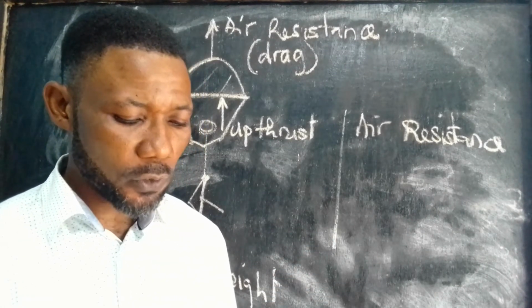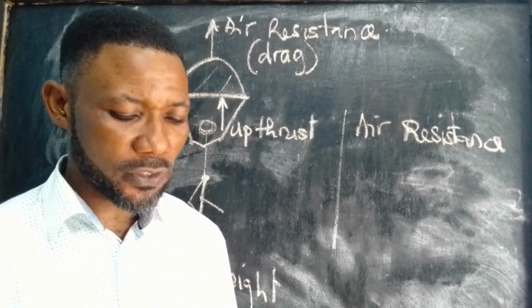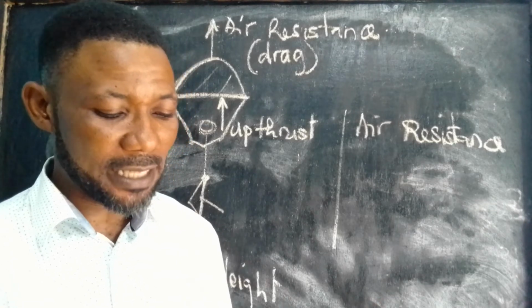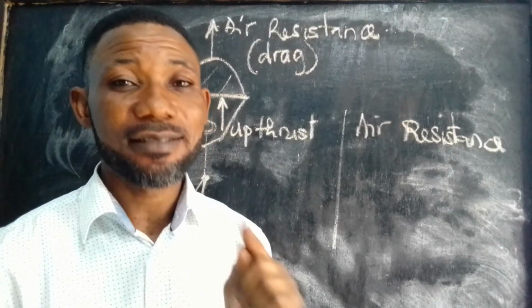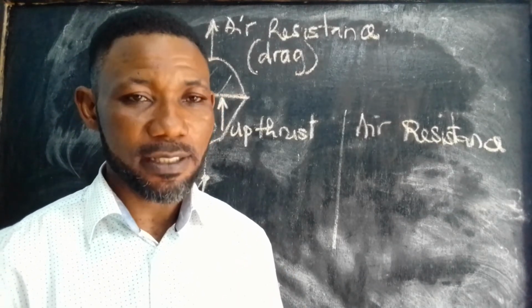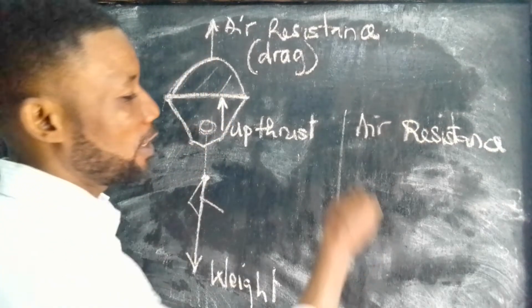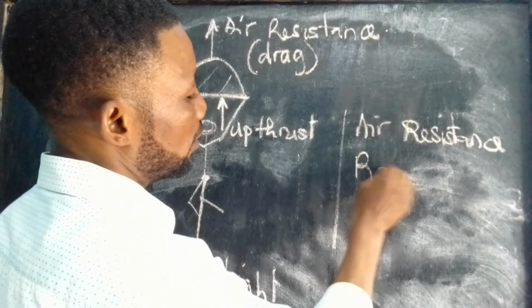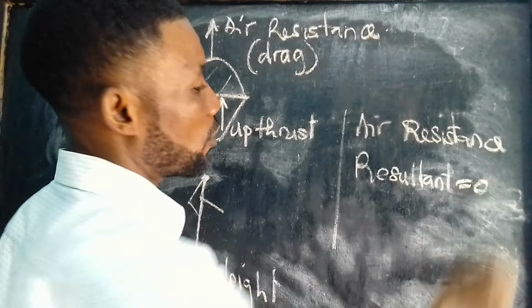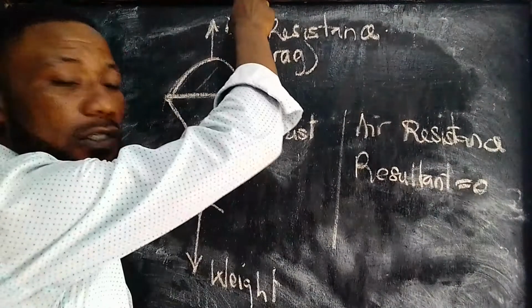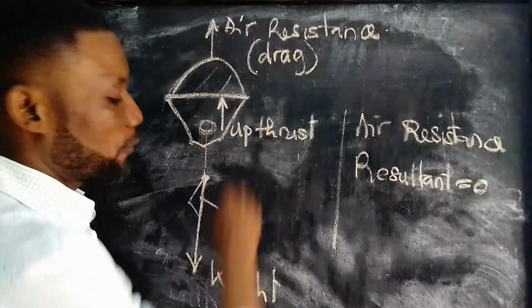What is the net force on the body when the velocity in I1 is attained? It means, what is the net force on the body when the body attains terminal velocity? The net force is 0. Net force means resultant. The net resultant is 0. Why? Because the sum of total upward forces is equal to the sum